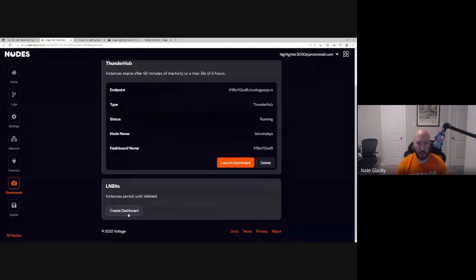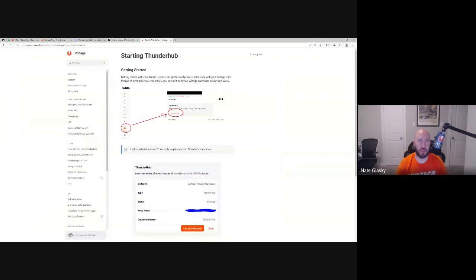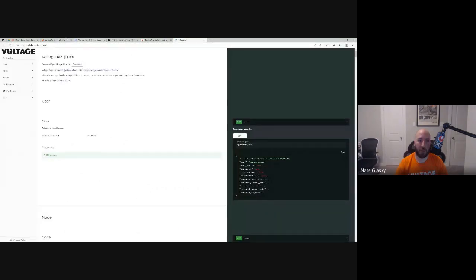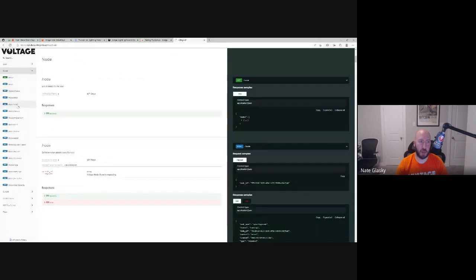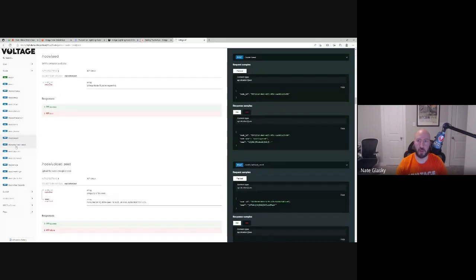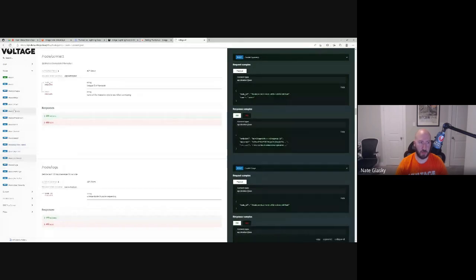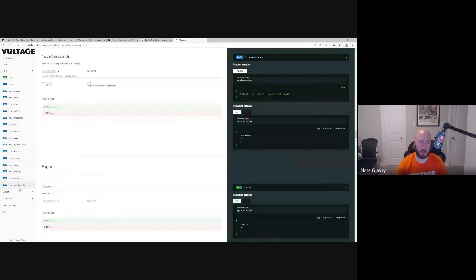All right, so let's talk a little bit about development. At Voltage, we have a full API specification. So instead of going through the Voltage dashboard and doing all of that, you can actually use API calls for your Voltage node. You can use this to script out if you want to run multiple nodes, if you want to see pretty much everything, with a bunch of API calls.